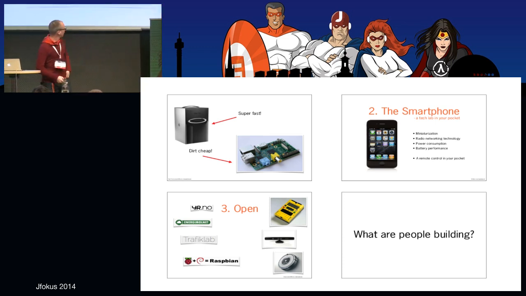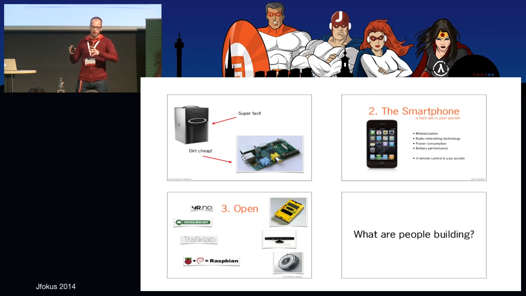Well, we could build really fast things, like the one over to the right here. Or we could build super dirt cheap things, like the Raspberry Pi. And as much as I want, and I really would like to have one of those Mac Pros with 12 cores and 1,000 gigabytes of RAM to do word processing on or something exciting like that, I think the real achievement is here with the Raspberry Pi. This is really awesome. I mean, this is a real computer.